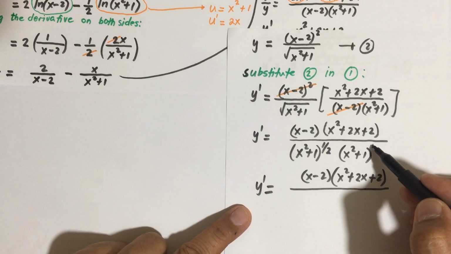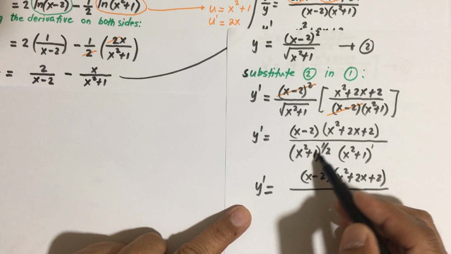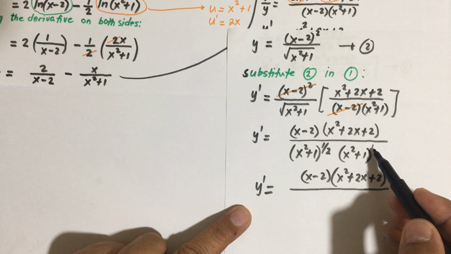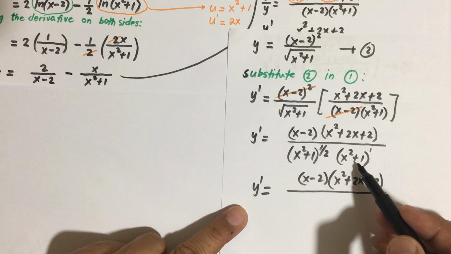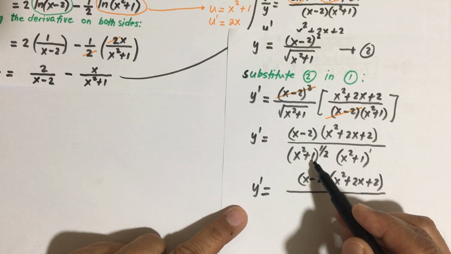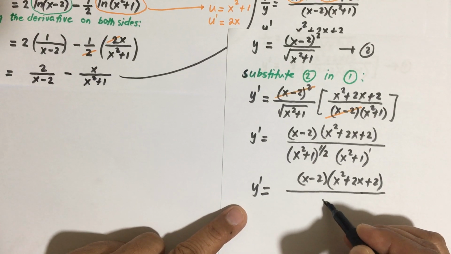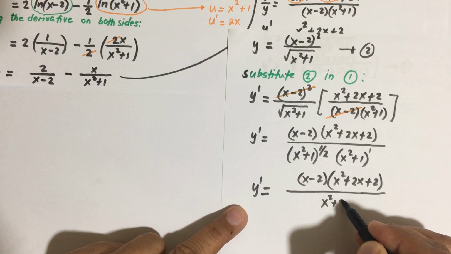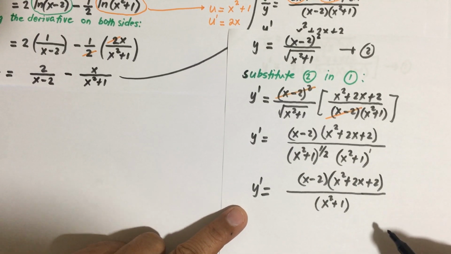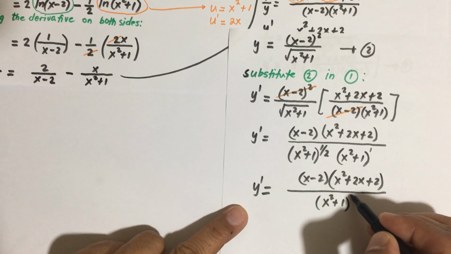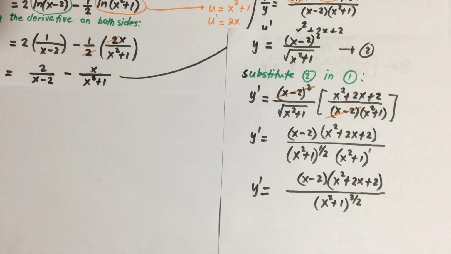So this is understood to have a power 1. You have x squared plus 1, and you also have x squared plus 1. The exponent here is 1/2, the exponent here is 1. By the law of exponents, if you have the same base, you just add the exponents. So we can write this as x squared plus 1 raised to a power. What is 1/2 plus 1? 1/2 plus 1 is equivalent to 3/2. So therefore, our final answer is